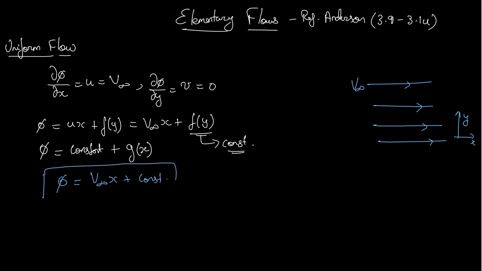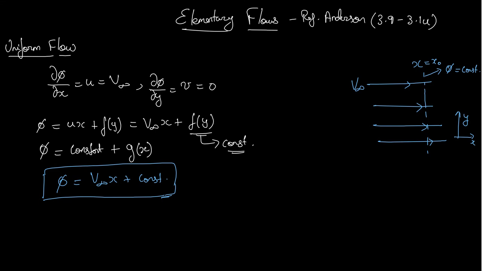So this is the velocity potential for a uniform flow that we have derived. We can observe this readily in the picture also. Imagine, for example, I draw a vertical cross section line like this. You can readily see that at any point on this line the phi will be a constant, because my x is a constant. At a fixed x equal to x naught, v infinity is a constant, so phi will be a constant at a fixed x. So this is the pictorial representation of the phi here.